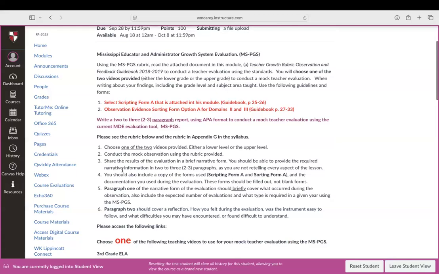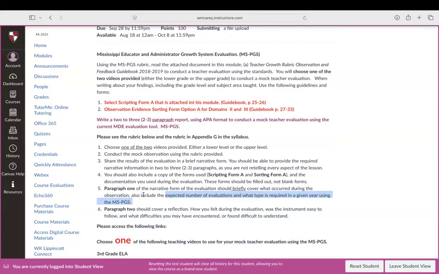I'm going to skip down here to number 5, because it tells you that paragraph 1 of the narrative must briefly cover what occurred during the evaluation, your observation. Then remember this part I told you is most important: you're going to include the expected number of evaluations and what type is required in a given year using the Mississippi